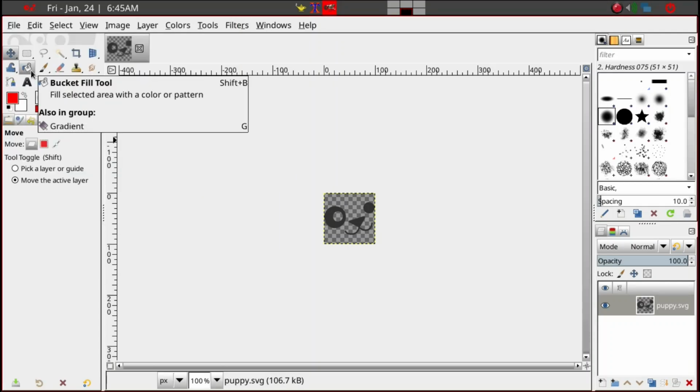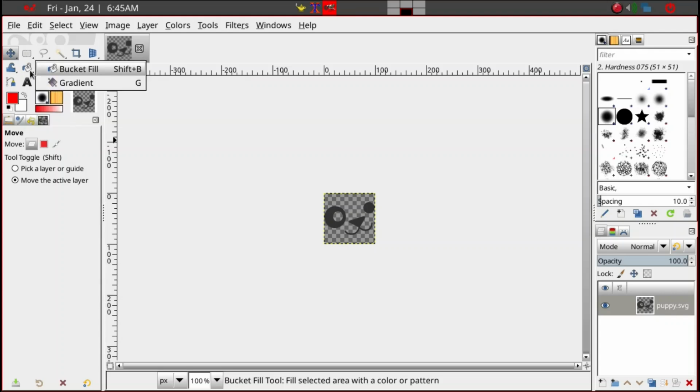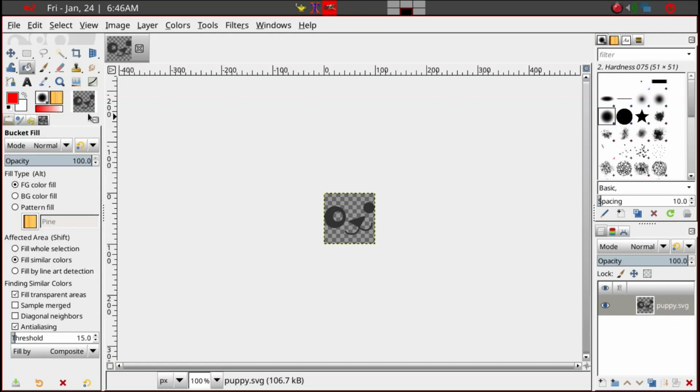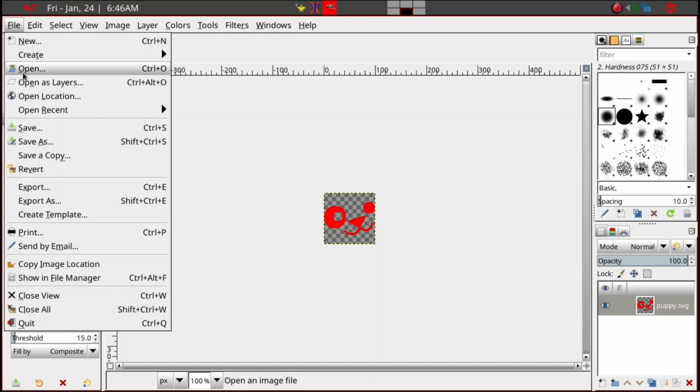Then you need to get the bucket fill tool, get that activated, and click, making sure it's red. Click on the black parts, and that's done. Now we need to export it as